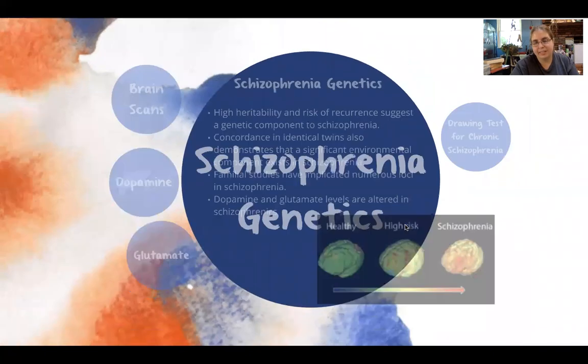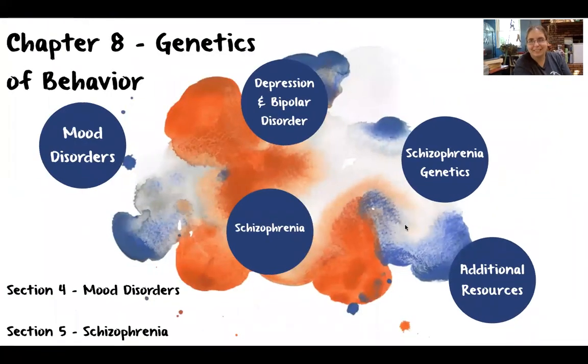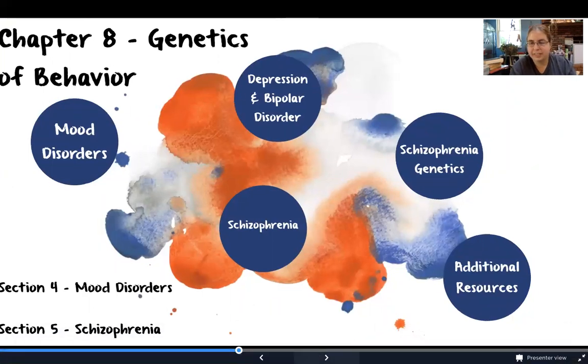Now, if you're interested in more about schizophrenia in terms of seeing the perception side of it, there's a movie starring Russell Crowe and Jennifer Connelly, I believe, called A Beautiful Mind. It's based on the true story of brilliant mathematician John Nash, and he has schizophrenia. So it's interesting seeing his perception of the world around him versus everyone else's perception. So if you're interested, I definitely recommend you check out the movie A Beautiful Mind. In the meantime, let's go on with our additional resources.